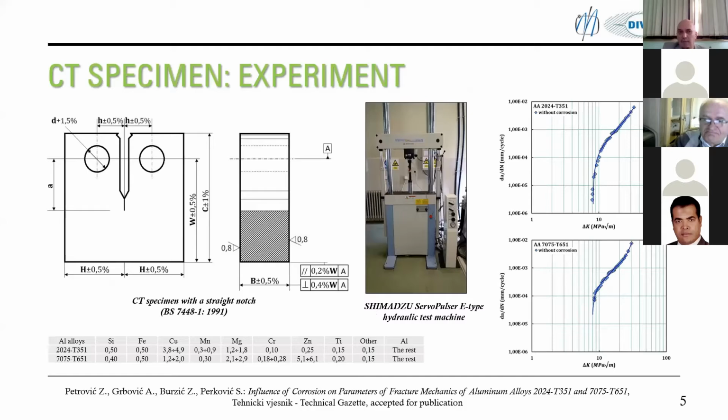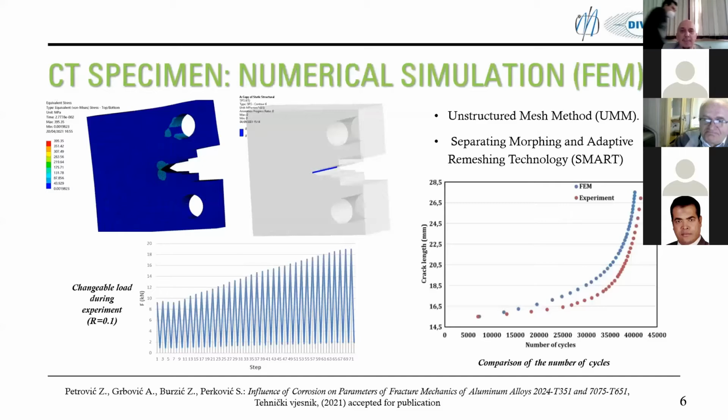Okay, usually in fatigue analysis, we start with CT specimen experiments in order to evaluate coefficients for Paris law, for example. And here I'm presenting one of these specimens that we use here at the University of Belgrade to estimate Paris coefficients. This is a typical experiment well known to all researchers who are dealing with fracture mechanics. The main goal of showing you this experiment is that recently in ANSYS,